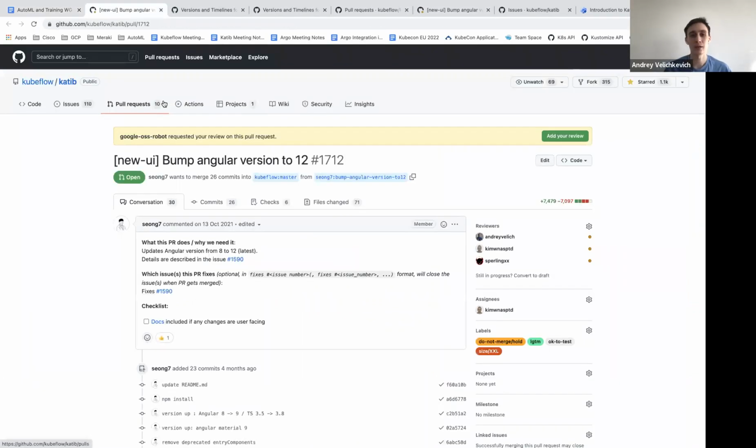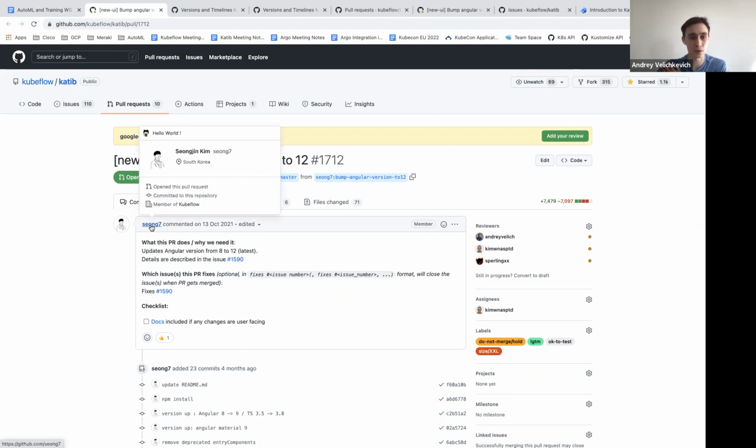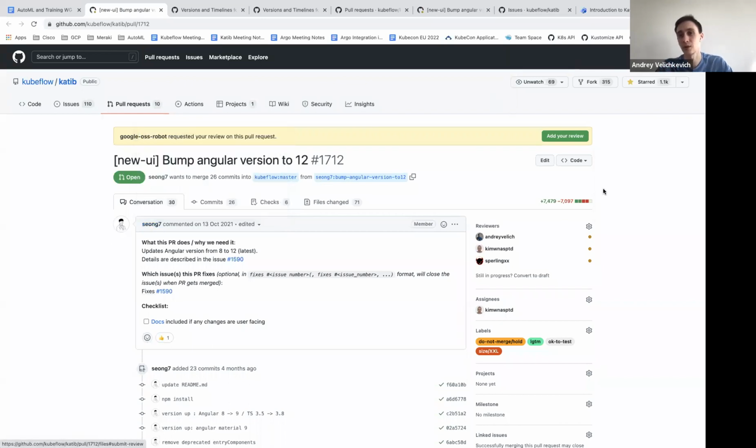Yeah, if you remember, we discussed this in November about the version of npm and Node, and eventually updating the Angular version to 12. From my understanding of your discussion with Seonjin, I'm not sure he's here right now, but we're not going to update the Node and npm version right now. Right.